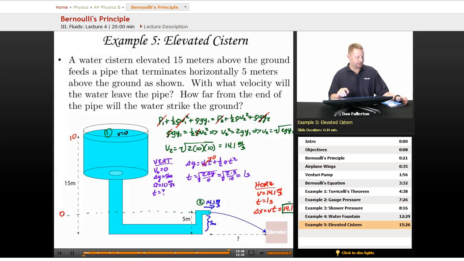Putting a couple of these concepts together in order to get a big picture solution. All right, hopefully that gets you a great start with Bernoulli's principle and Bernoulli's equation. Thanks for watching. Make it a great